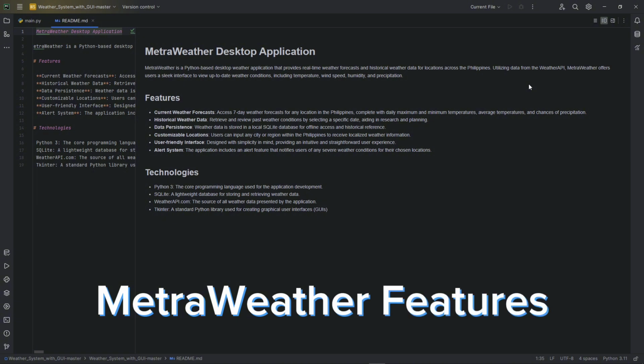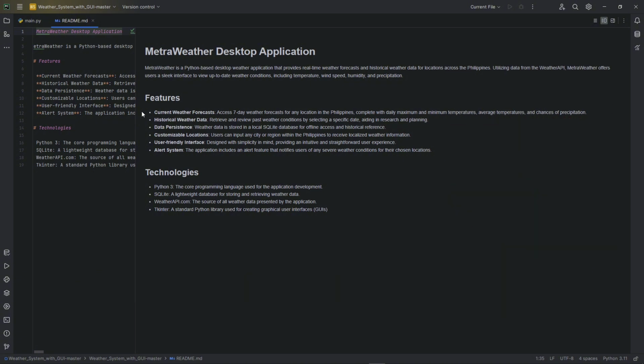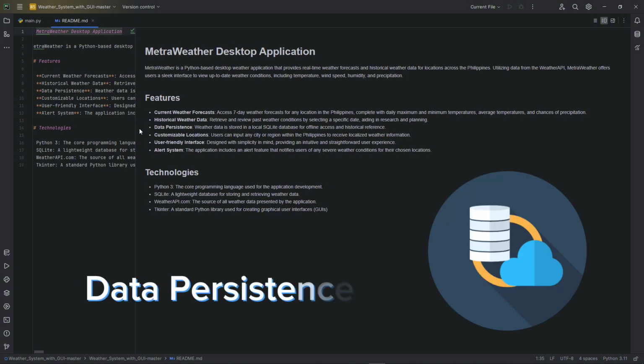The features of the MetraWeather application are the following: current weather forecast. Users can access a 7-day weather forecast for any location in the Philippines and other countries. Historical weather data. It retrieves and reviews past weather conditions by specifying a particular date. Data persistence. It ensures data persistence by storing weather information in a local SQLite database, allowing for offline access and